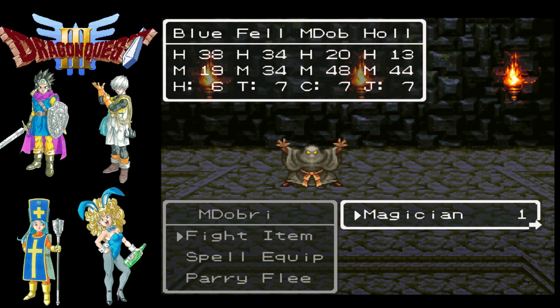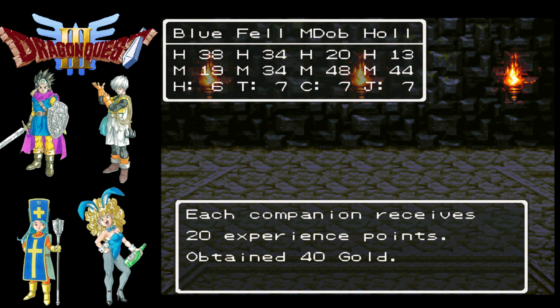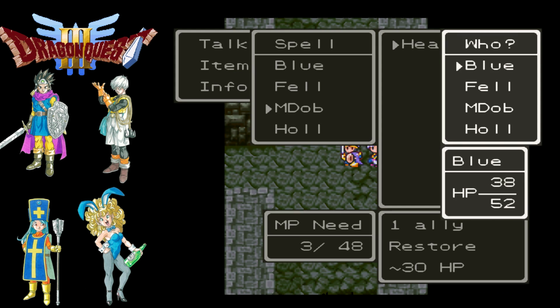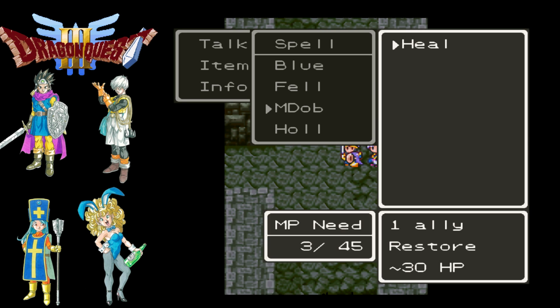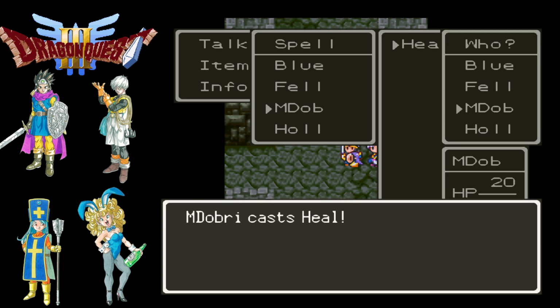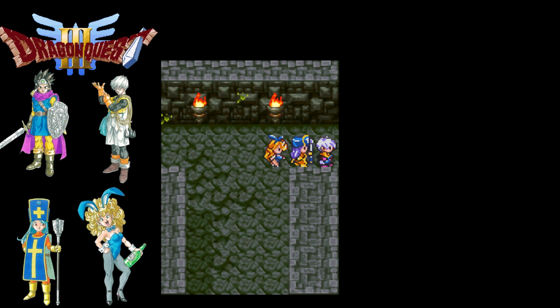I think Holly tried to run. I believe if she was successful, we would have fled the battle and not gotten any reward for that battle. So that's one of the downsides of bringing a jester. You can randomly sort of lose your progress in mid-battle. Luckily, you can't escape from bosses or anything, so you can't mess that up, but...